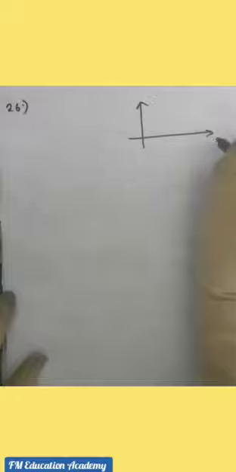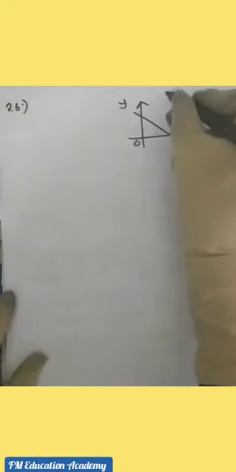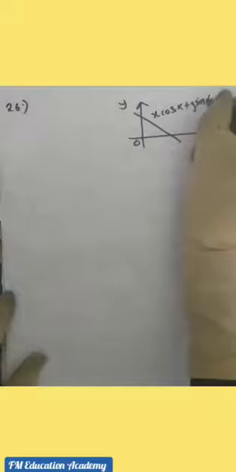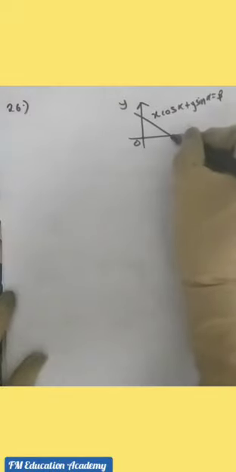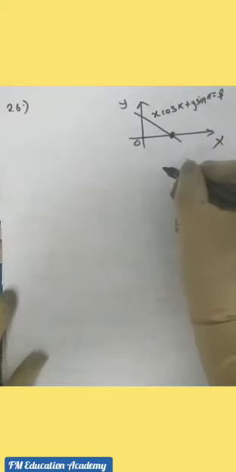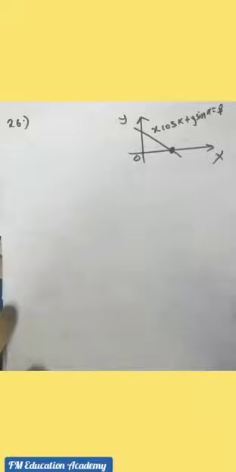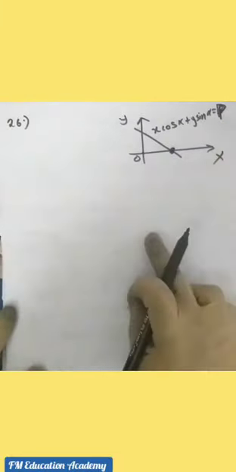What is it asking? There are 2 coordinate axes, x-axis and y-axis. And here it is telling that there is a line which is meeting these coordinate axes. What is the name of the line? x cos alpha plus y sin alpha is equal to p. This is the line which we have. And on the x coordinate, it is given x cos alpha plus y sin alpha is equal to p in the question.